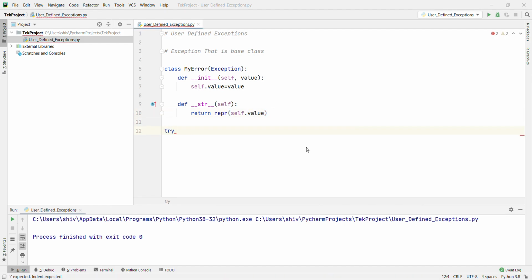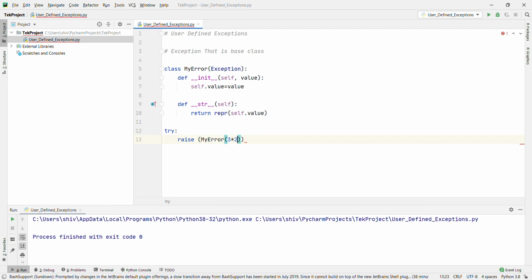Try, colon, raise MyError, that's it, like an inbuilt error, and passing the parameter, just like anything. You can pass 3 multiplied by 2 if you need.